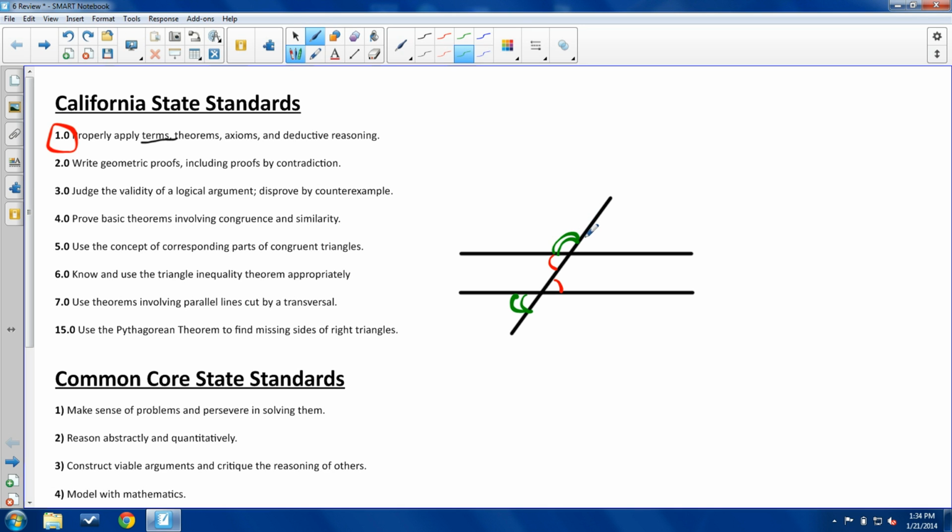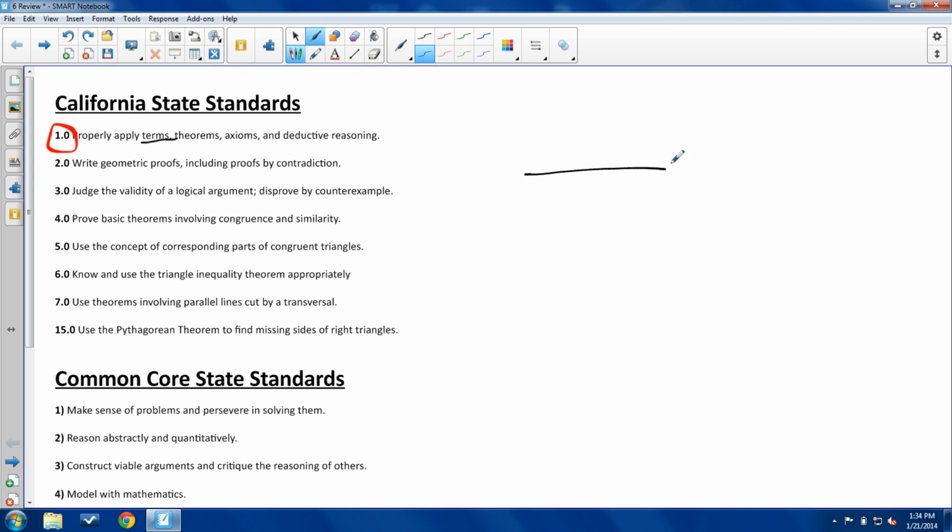They add up to 180. Knowing the word supplementary versus complementary, these kinds of things are just knowing terms and properly applying them. Not just defining them, not me asking you what they are, but when you're answering a question, how are you using those terms instead of using other things? You can use other things, like for instance, and I'm probably going to use this later as I talk about it,